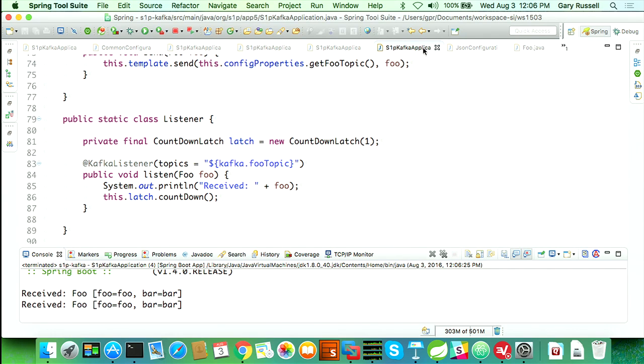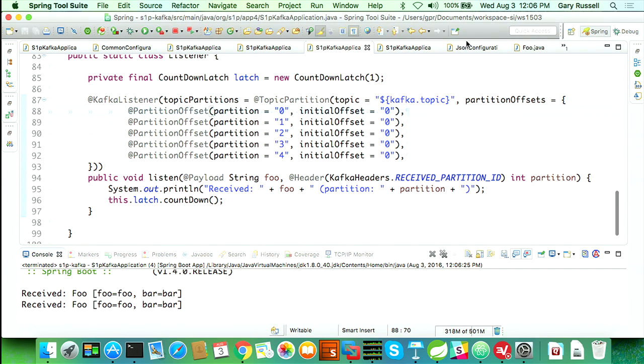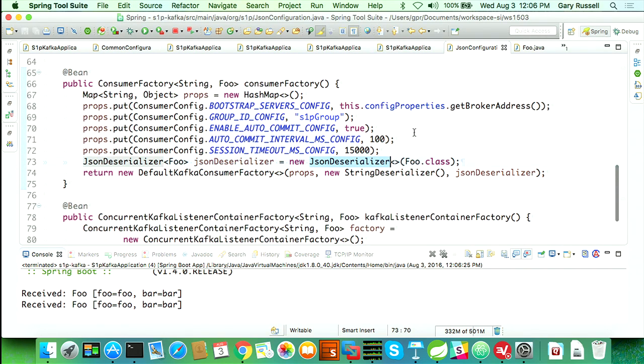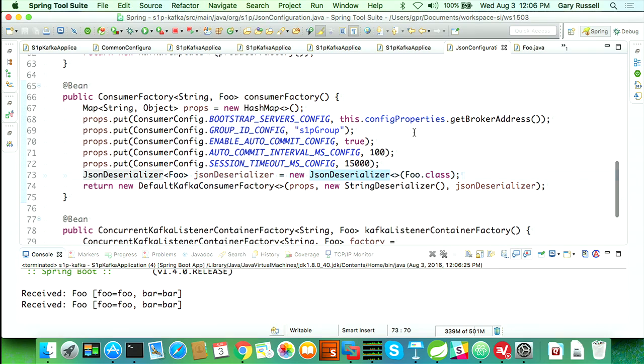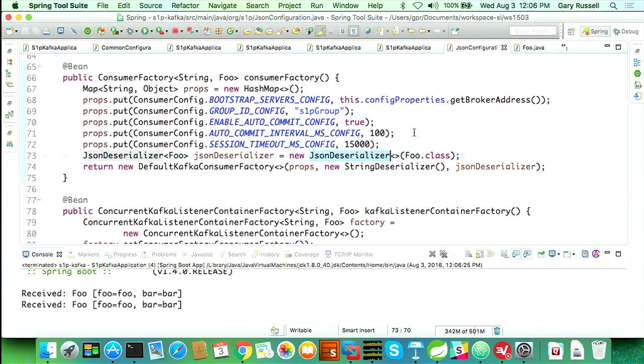One thing I really am not keen on about that is the fact that we have to hardwire the target type into the deserializer, right? So we actually have another mechanism to do this. The Kafka template has a send method where we can send a message, and we can provide a message converter to do some conversion on that message before it goes down to Kafka for serialization. So in the next example,